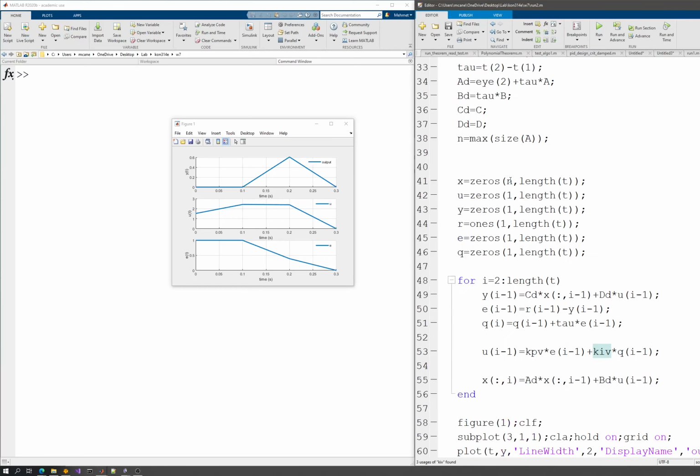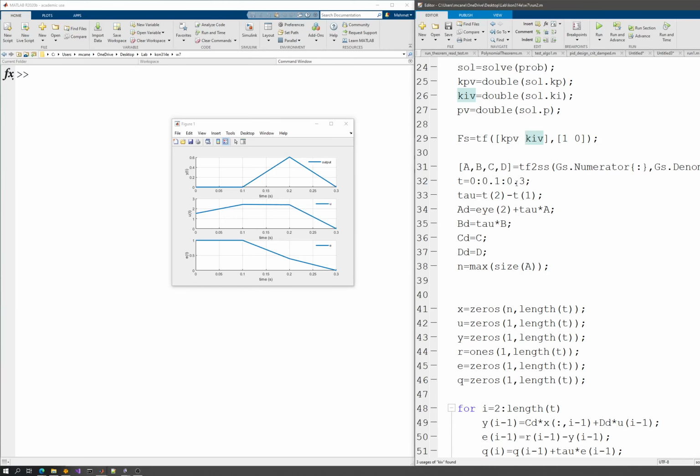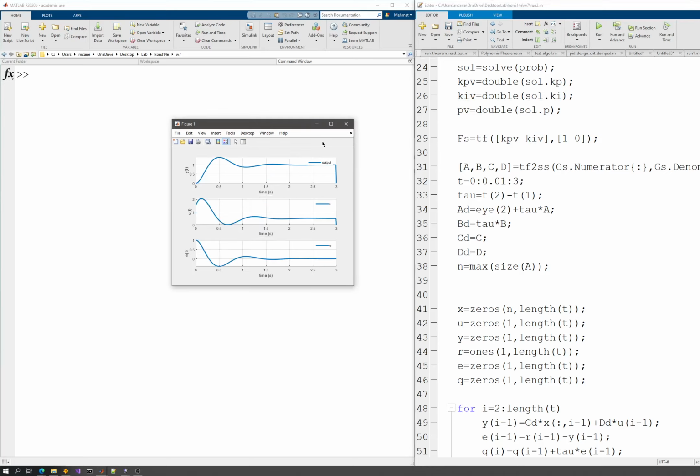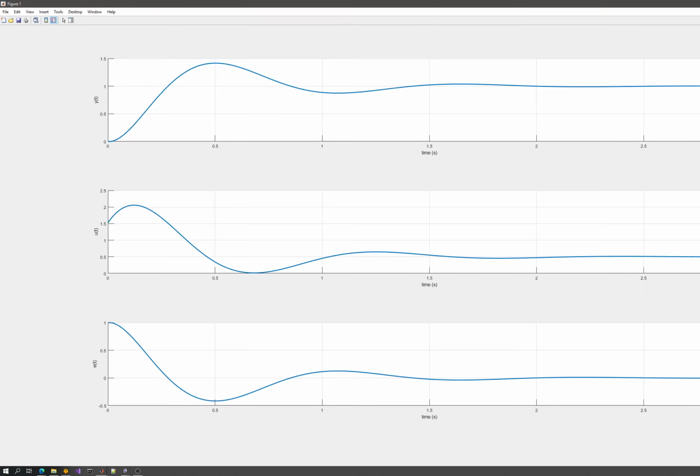Let's increase our time here. Now I can use 3 seconds and 0.01, a finer gridding, and you can see that I have basically the same structure here. It looks the same. The only problem here is that I have these last elements. They are dropping down to 0, and that's not the case for E,